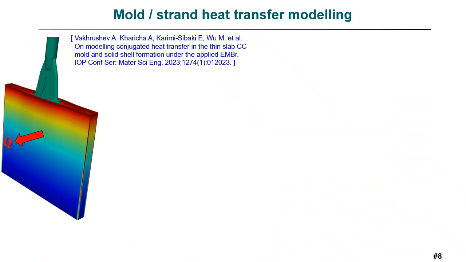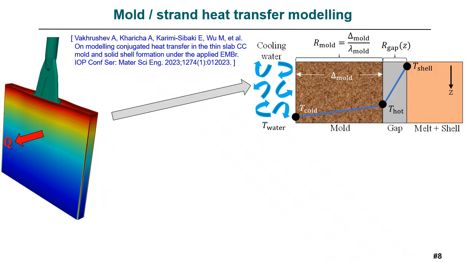The heat extraction in the copper mold is a result of complex conjugate heat transfer phenomena. It includes heat conduction in the water-cooled copper plates, heat transfer in the solid and liquid slag skin, as well as accounting for the formation of the air gap due to the solidified strand shrinkage, and heat conduction through the solidified shell into the liquid melt pool, which causes the formation of new solid, which is in its turn continuously withdrawn from the continuous casting mold.